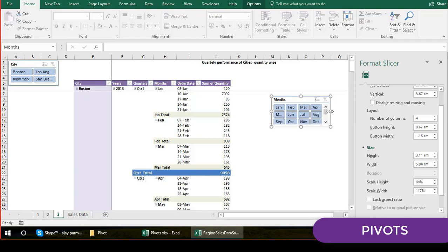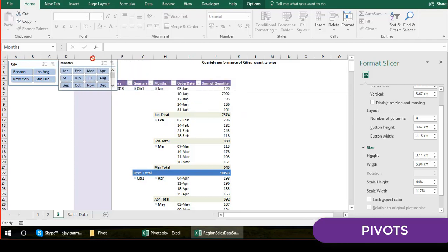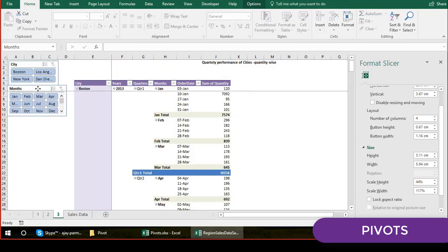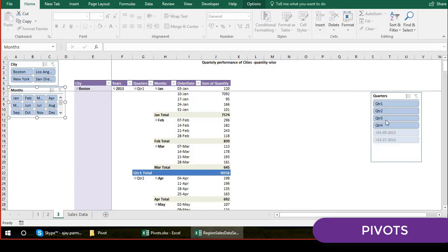So this is how, I think this is fine. So we can put that somewhere here, or maybe here, that's all up to you how you want to do that. So I put that here, and I reduce the little height of... no, I think we should not, that's okay. Similarly, you put this quarterly performance, guys.